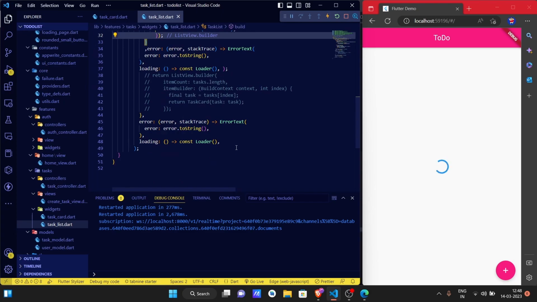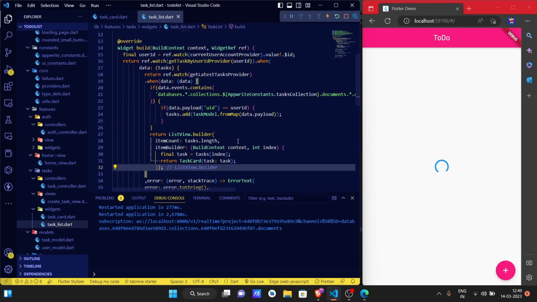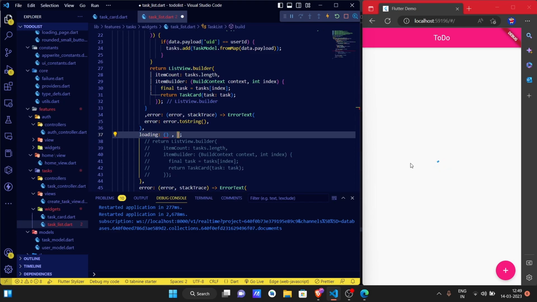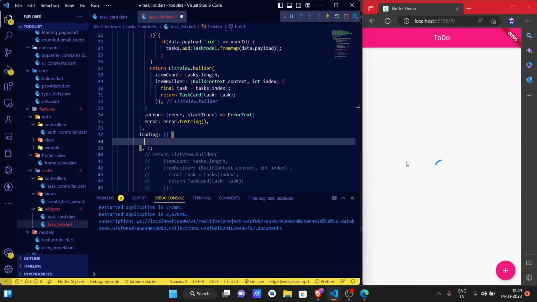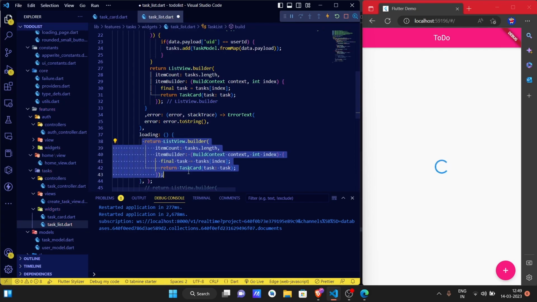So to remove that loading, maybe this loading is of this real time. Instead of this loader, we are going to return again the list view builder. Just save it,